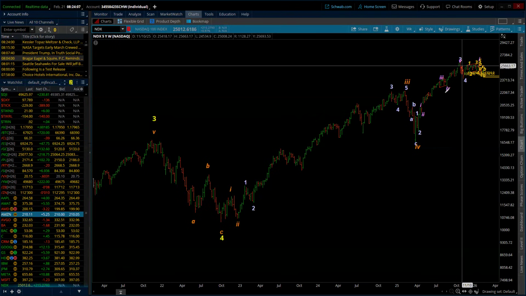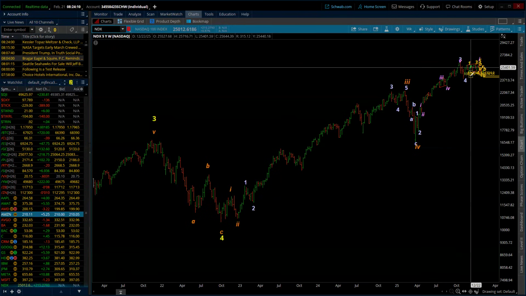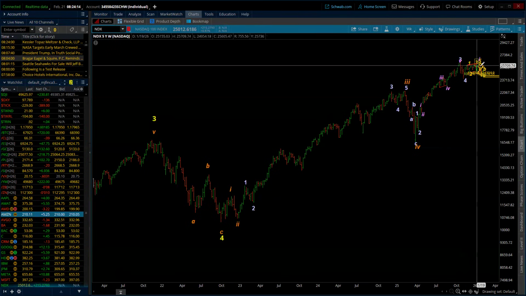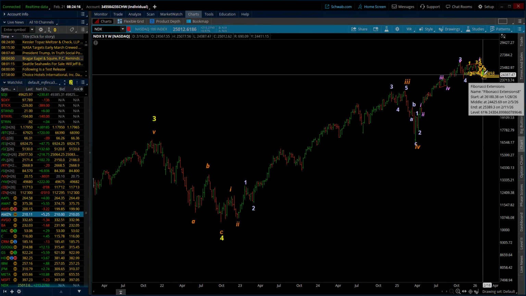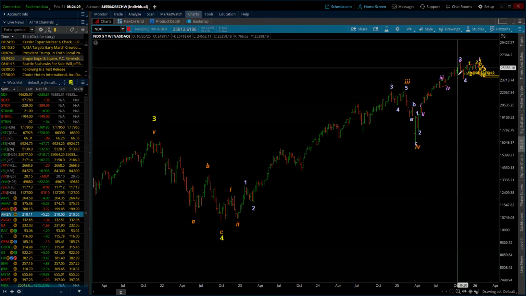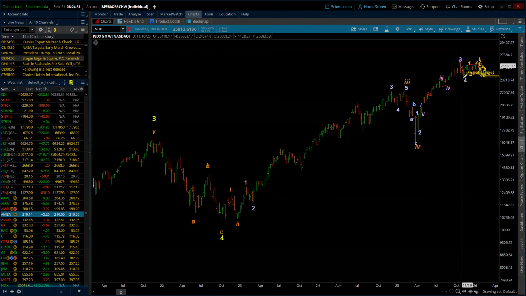In fact, I had counted it that way, but then the market continued to decide, didn't know what it wanted to do. It was going to rally. We had all kinds of things going on. And so suddenly everything got put into limbo, but it's still there. And that could be a reality. But what's happening is this is a 3.